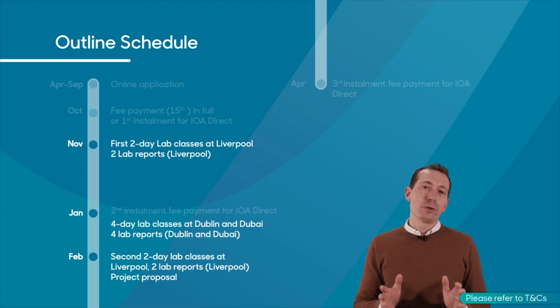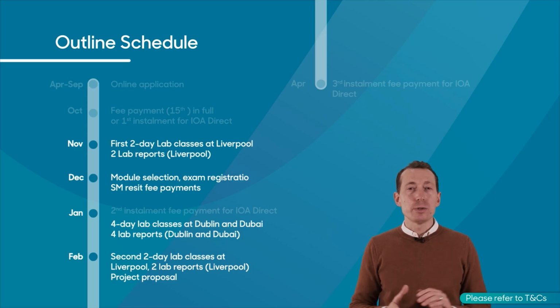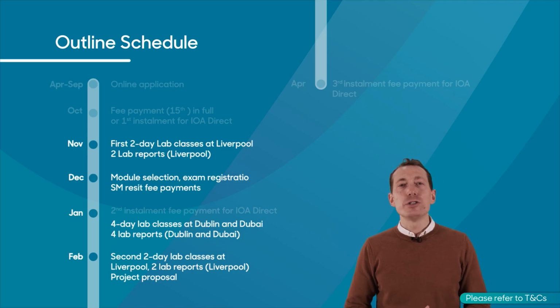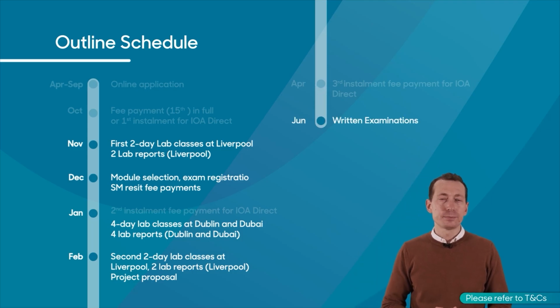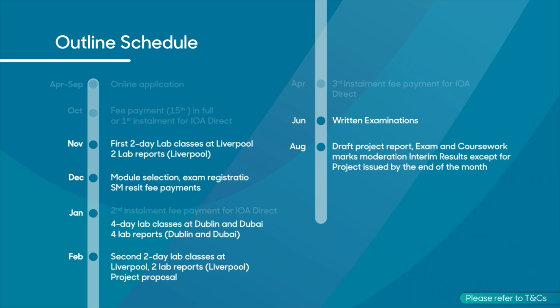The deadline for the project proposal is in February. Early December is the deadline for the specialist module selection. There is also a deadline for specialist module resit fee payments. The written examinations are over 2 days in June. The deadline for the draft project report has to be arranged with the project tutor, but will be no later